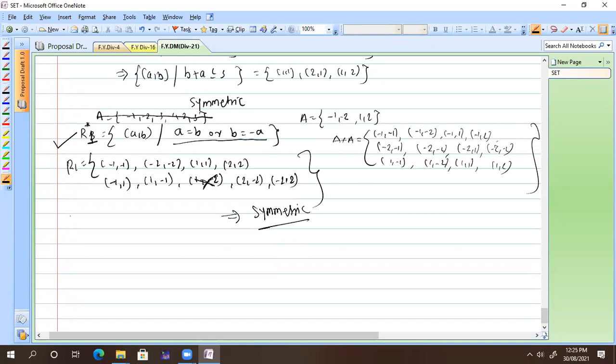So your set A, I can define first. Your set A is 1, 2, 3, only a 3 element set, and I have a relation R1 such that it contains (a, b) such that a divides b. What is a divides b? It is nothing but a divides b gives remainder 0. Yes, correct, remainder is 0. So tell me whether it is symmetric.